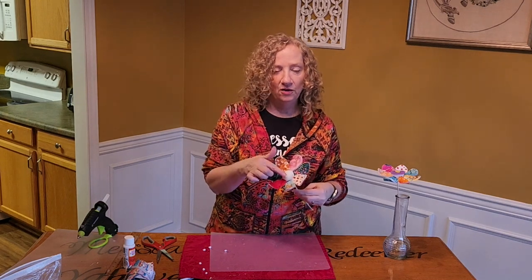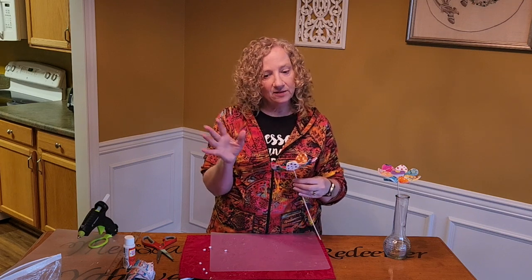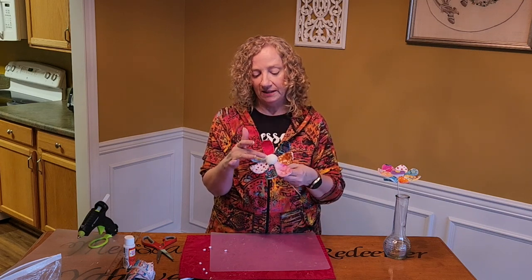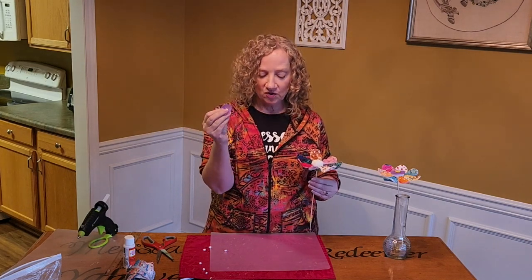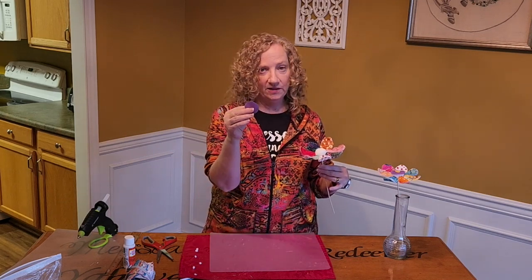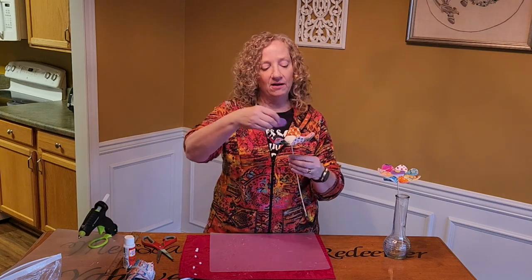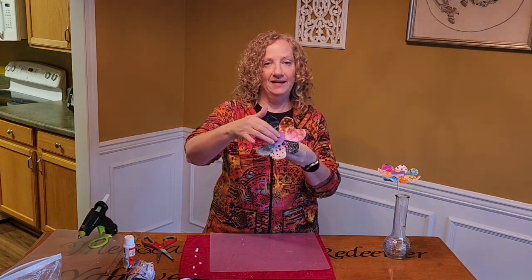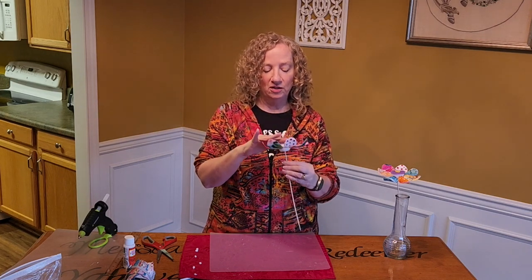Okay, you could leave it like this. Again, it's always your craft. You can do it any way you want to. You can leave the white in the middle. I got a little piece of scrap felt. This started out being like a 2-inch square, and I cut it in a circle. Mine's about 1.5 inches. Isn't that gonna look cute? I'm just gonna glue that on top,